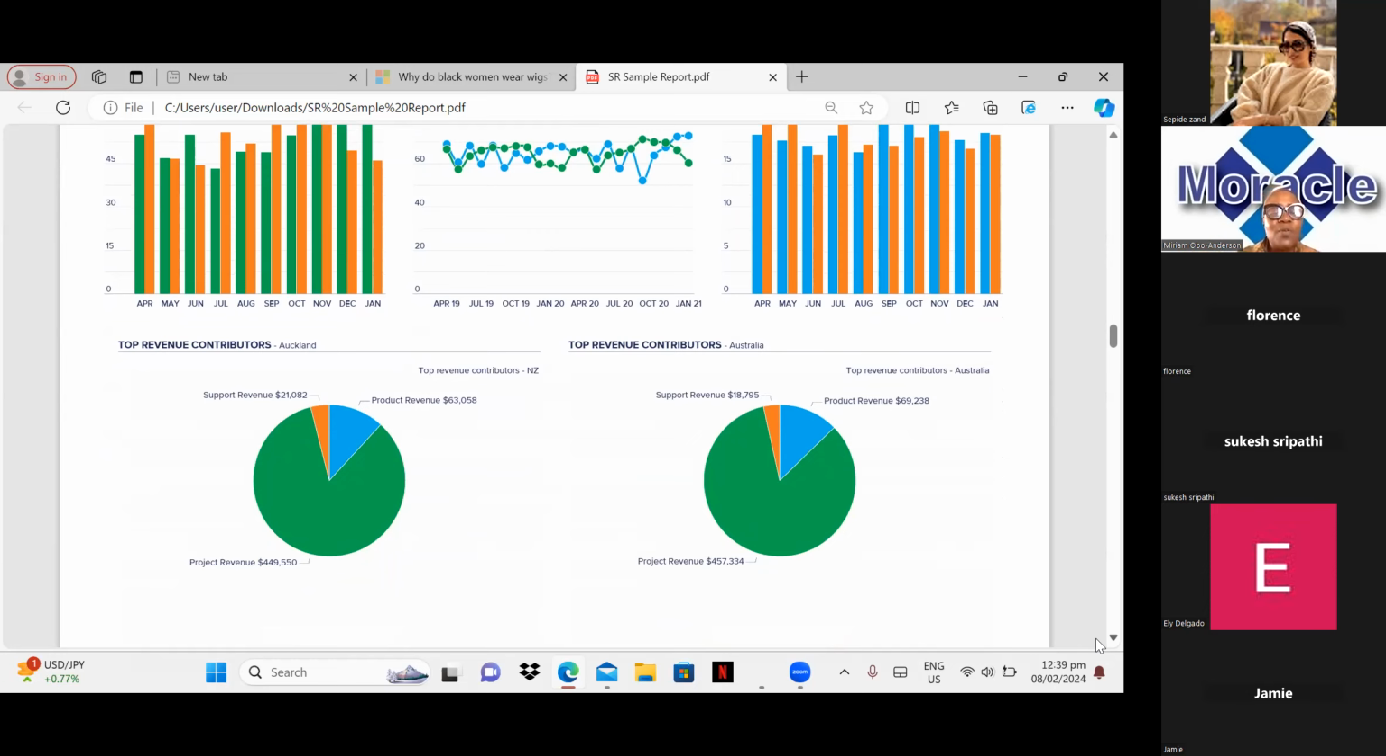So which are the top revenue contributors? This is a very simple graph. You see that support revenue was the least. Okay, and the highest would be the project revenue. Okay, so product revenue is second on the list. Top revenue contributors. Okay, so this top revenue is from different places that this company is located. One is Auckland, and then one is Australia. Okay, so you can see that